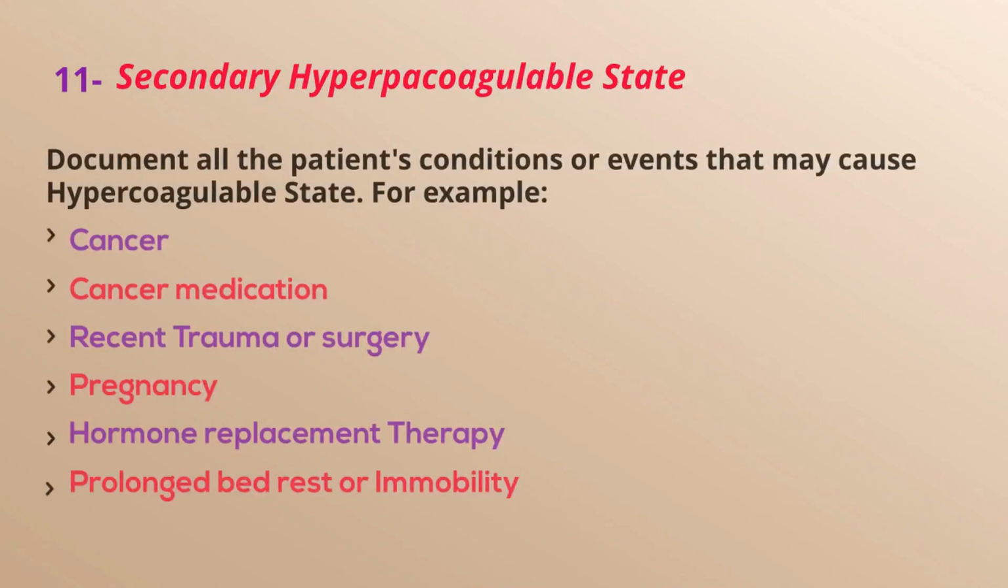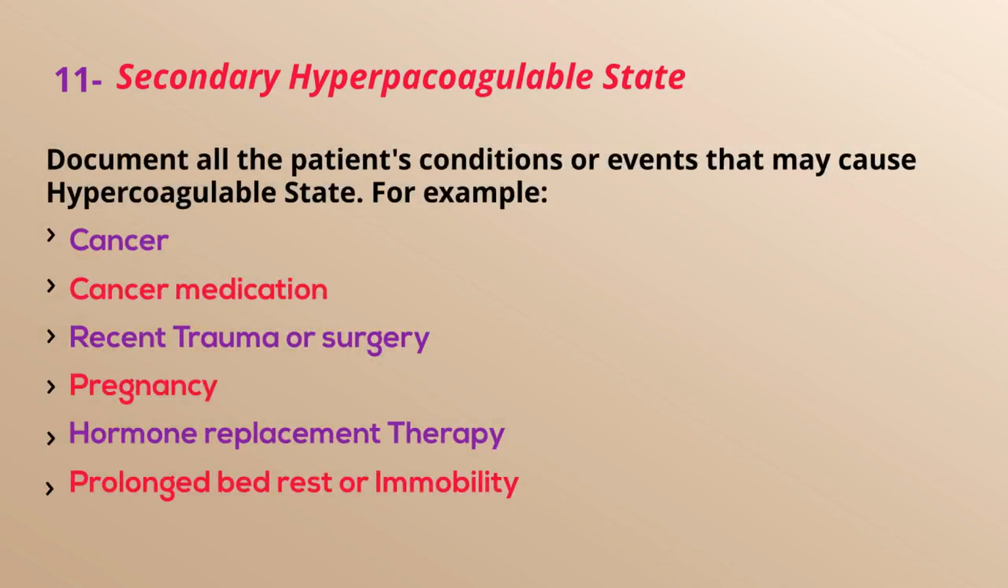Secondary hypercoagulable state. Secondary hypercoagulable state is often underdocumented and underreported by healthcare providers, missing the opportunity to increase reimbursement. As we said previously, hypercoagulable states can also be secondary to a condition or event such as previous thrombotic events,